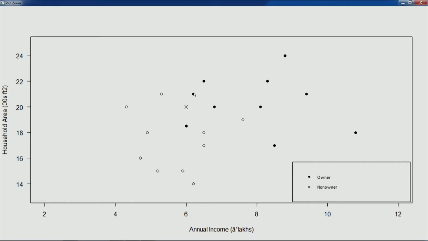This point seems to be the closest point. So the class of this closest point would be assigned to this particular new observation. If the value of K is 1, then the number of computations would be much less, and easily we can classify new observations and assign the class.